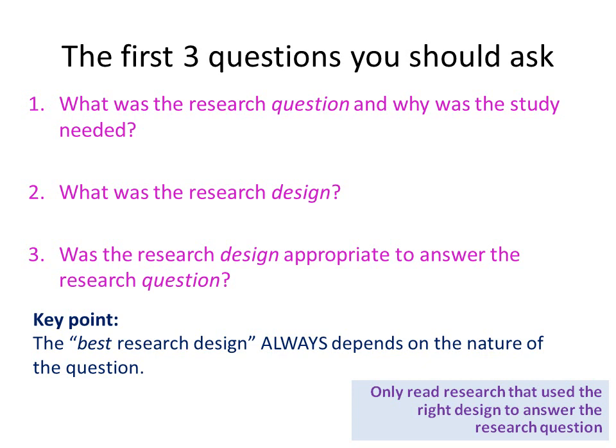So when you have found an appropriate journal article, there are 3 questions you should ask. First of all, it should be clear what the research question was and why the study was needed, then what the study design was, and then whether that study design was appropriate to answer that question. And so it's really pertinent that you don't use research evidence that hasn't used the appropriate research design for that